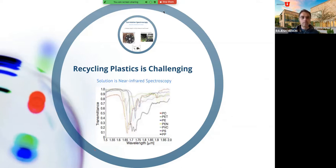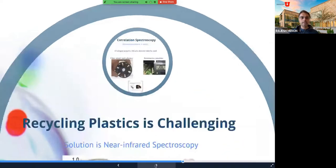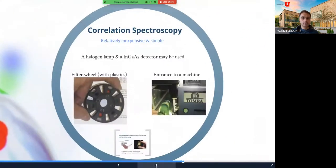And I'll talk about one very interesting innovation that this company Tomra came up with, which was to use a technique called correlation spectroscopy, which is relatively inexpensive and simple. In this case, they used a halogen lamp as the source, an InGaAs detector as the detector, which is expensive, of course, but you can't get around that. But instead of having a very